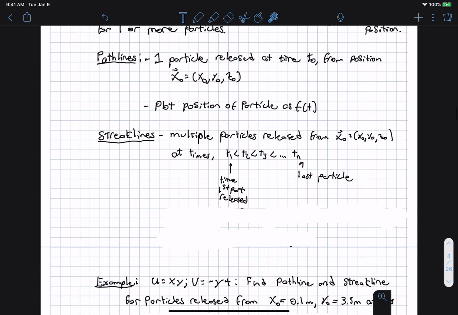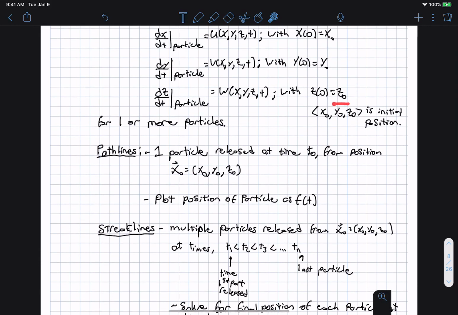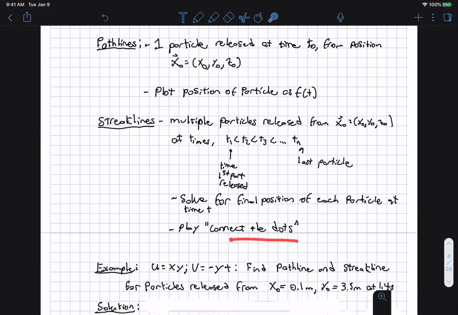Then we basically solve the equation of motion for the particles to some time t, and we solve these differential equations for all particles to the same final time. So they start at different times, but we are basically asking, say at a time of 2 seconds, you ask each particle where it is located, and then you connect the dots with each particle. So as an example,